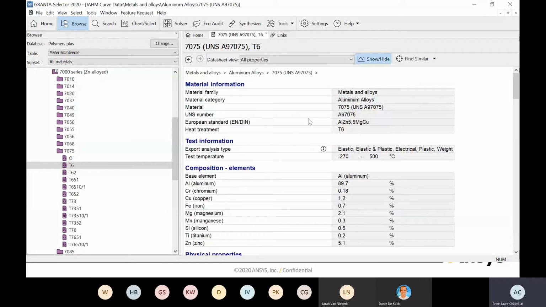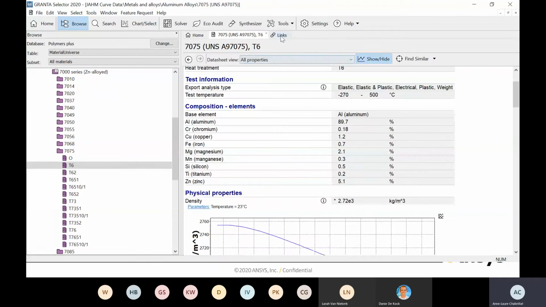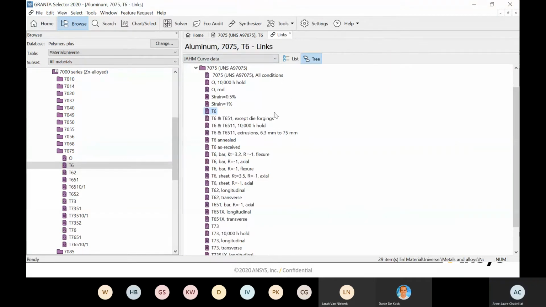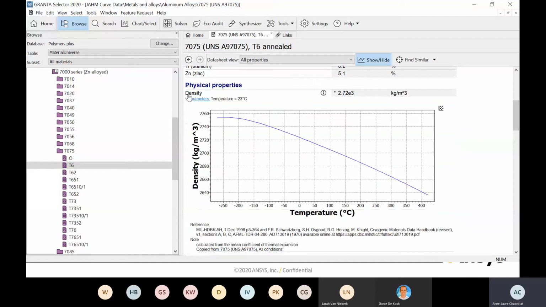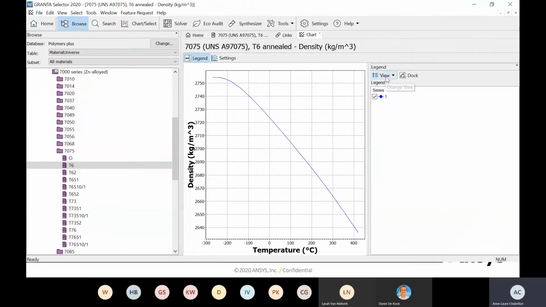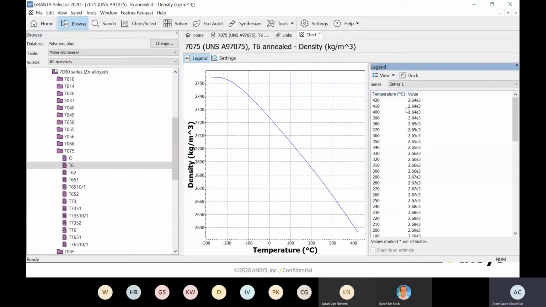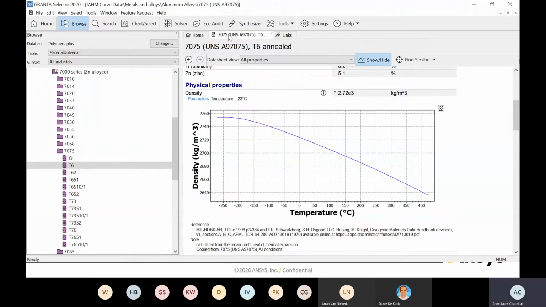So if I just look at one. Maybe look at T6 and yield, what does it say? Then you will find here test results, which you can use for simulation. And when you find a curve, you can also always find the data behind it, which you can copy and paste. So if I go back to my T6,